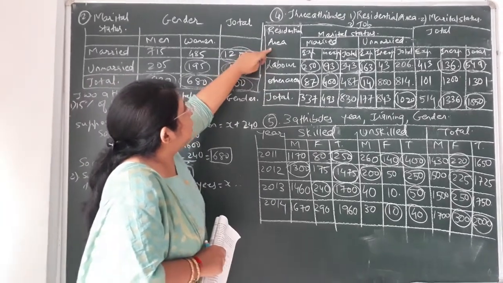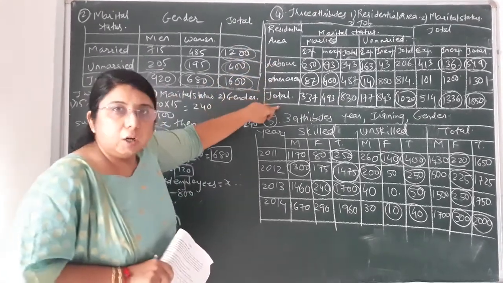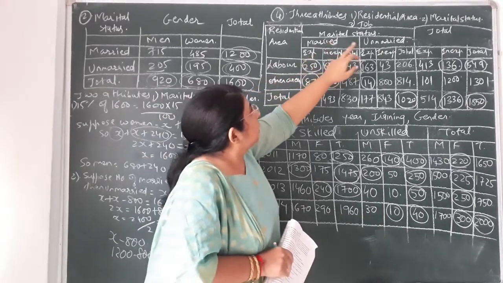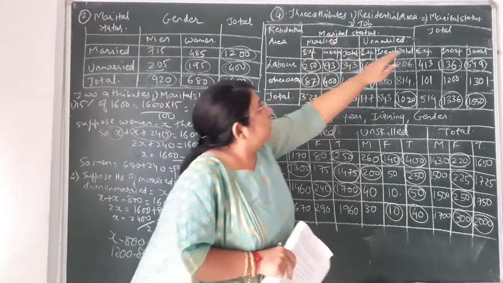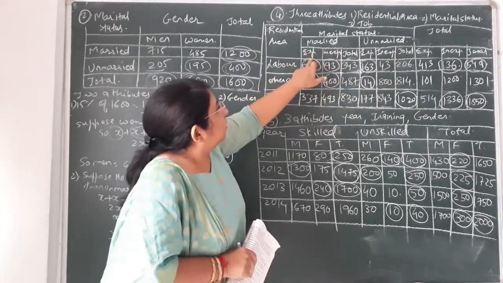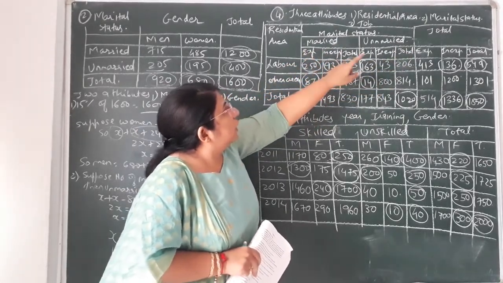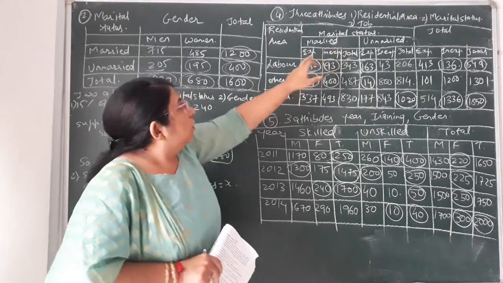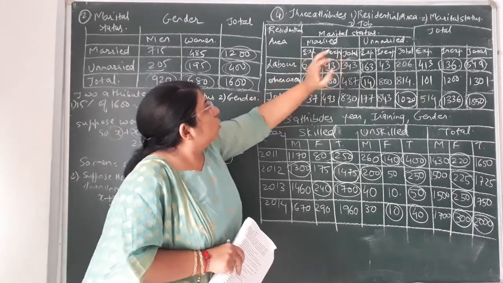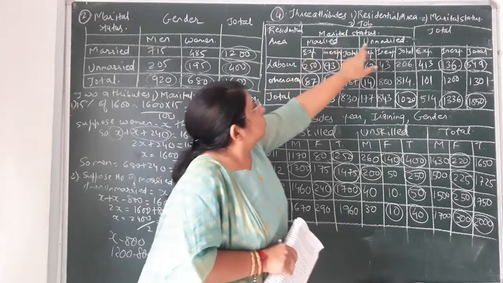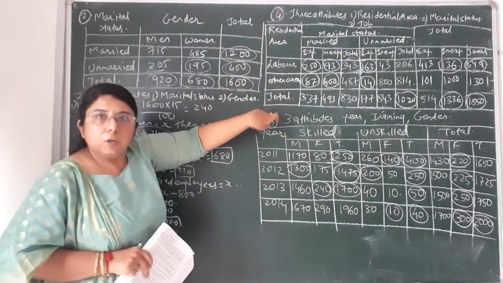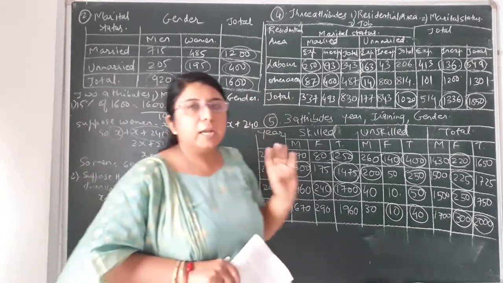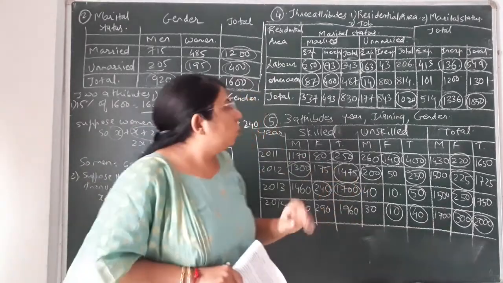That is residential area, that is labor, other area, and total. Then afterwards marital status, that is married and unmarried, and the grand total. Again in married there are experienced, inexperienced, and total, that is as per job. Marital status means married and unmarried and total. Residential area means labor, other area, and total. So on the basis of these 3 attributes, the table has been prepared over here.